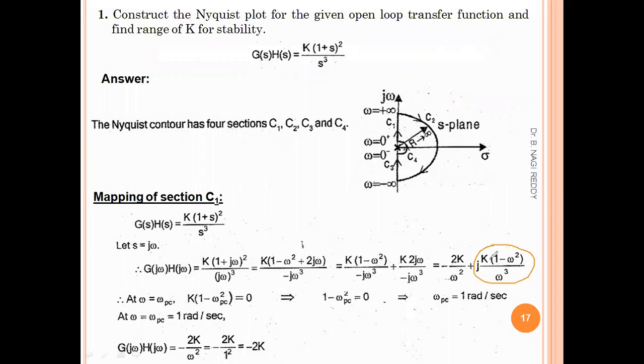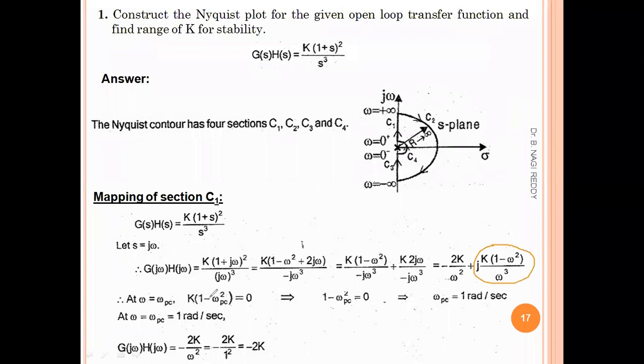And the same thing we have done in the root locus also. Step 6, we have equated the imaginary term equal to 0 for calculating the omega. In the same way, here also, equate this equal to 0. This omega cube will go right hand side, and 0 into omega cube, 0 will be there. So the final thing will be k into 1 minus omega square. PC is the phase crossover frequency, right? So we are obtaining the phase crossover omega point.